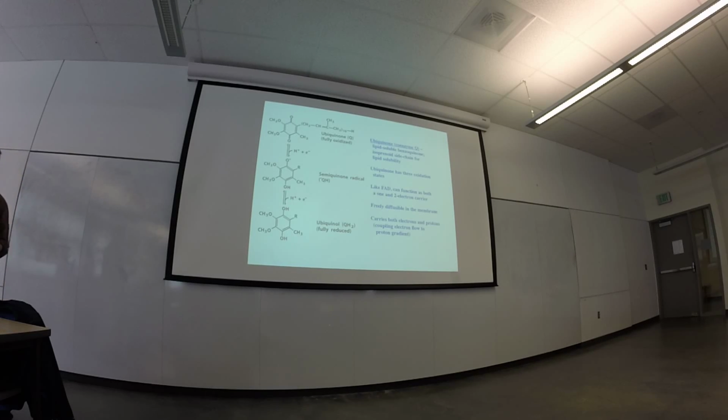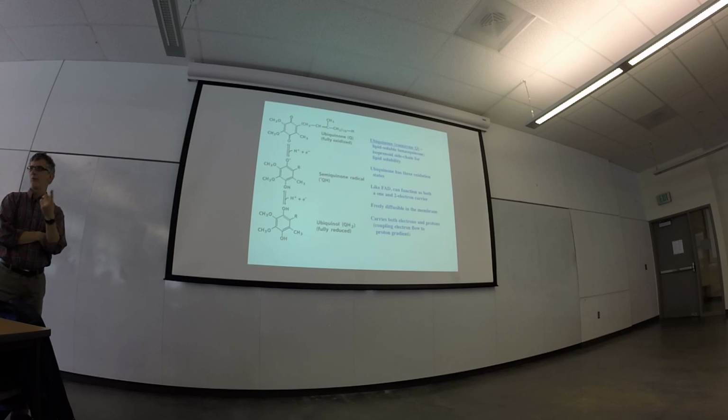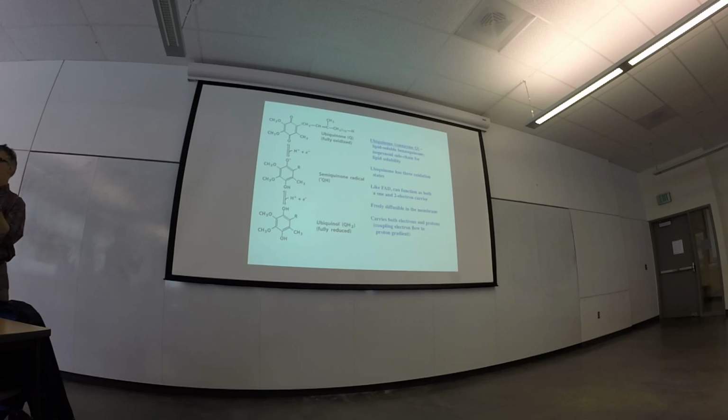that also binds oxygen. Right? And it has three different redox states. It has a fully reduced state, it has a radical, and it has a fully oxidized state. And so that should look familiar as compared to our study of flavoproteins and FAD, where FAD also can have 2 or 1 electron transfers. Right? And so that's crucial as a property of this guy,